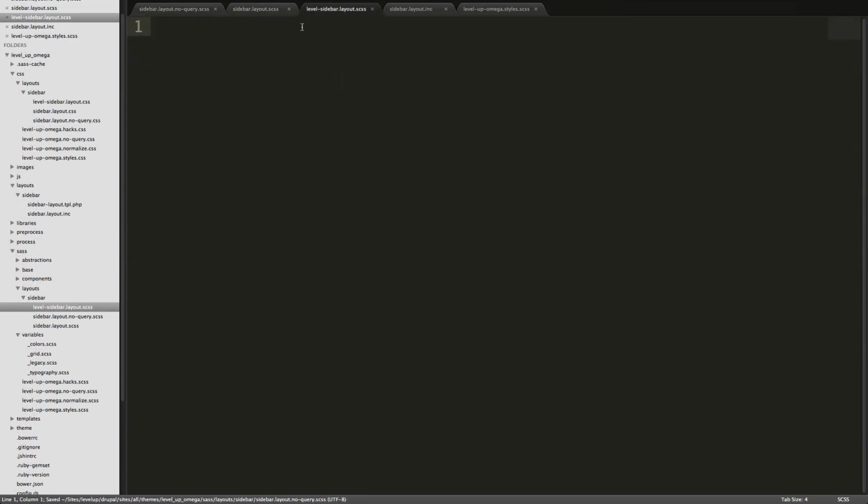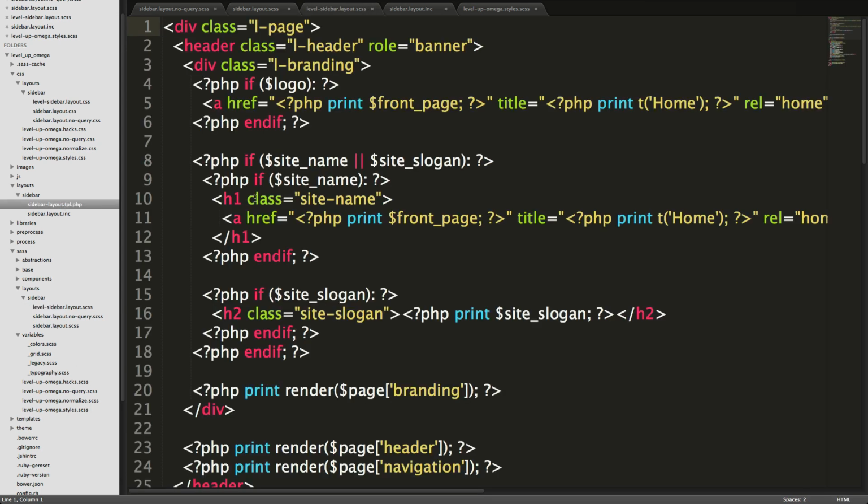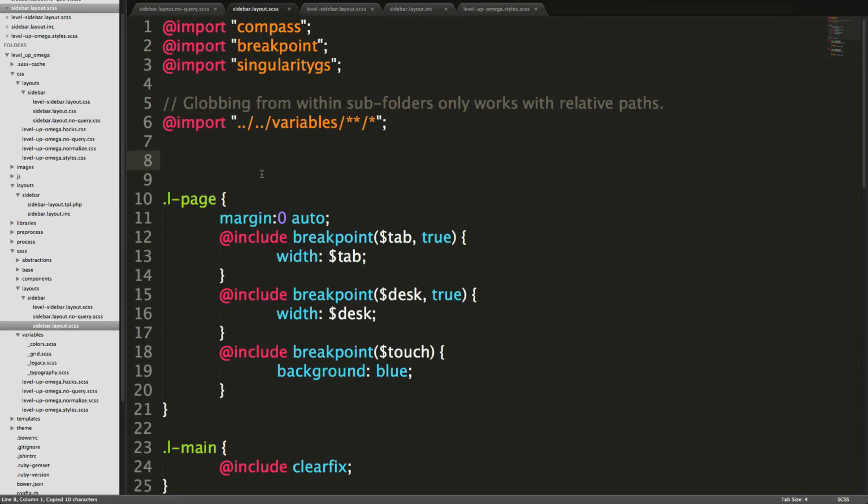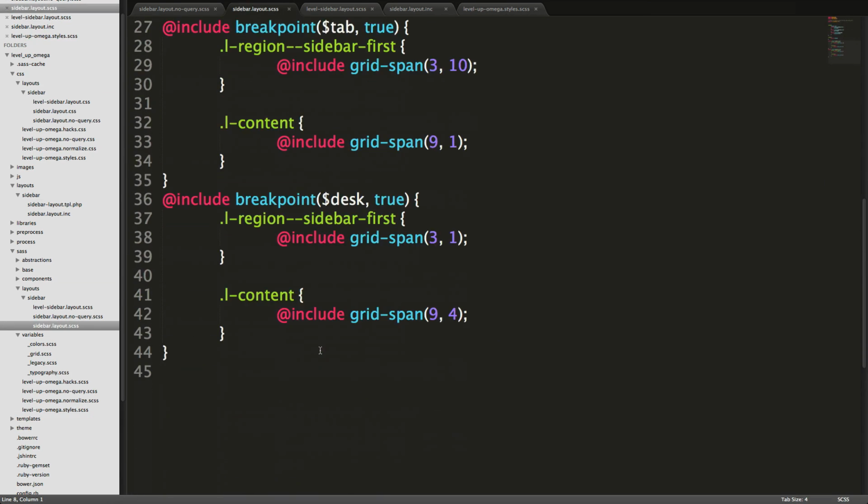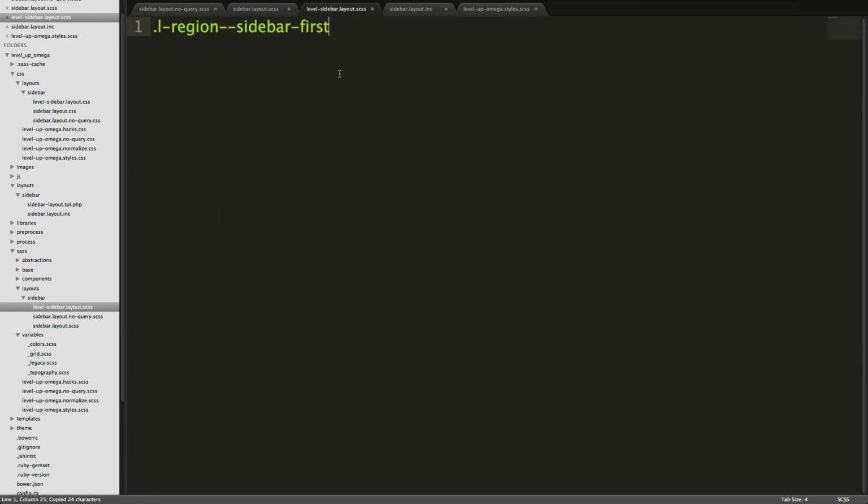And now we also have this sidebar layout.scss, which we've totally neglected, right? So I want to show you how this is used. Let's come to our TPL and give something a background. Actually, let's give something that's already in the layout, L page or L main, whatever. We'll give the sidebar first a background because that way it's easier to see. So this is going to have a background of, let's just say, 999,